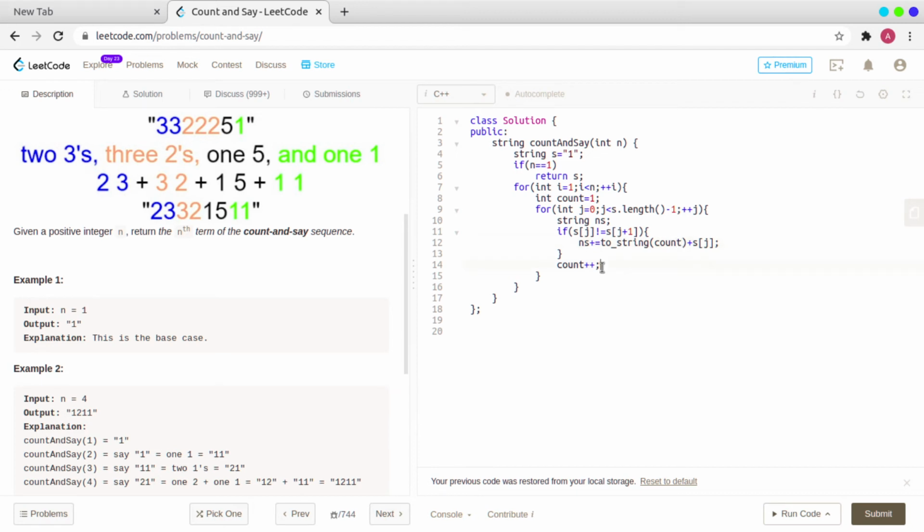Now here I am going to do s equal to ns, and return s. But here is one thing I am missing. What?